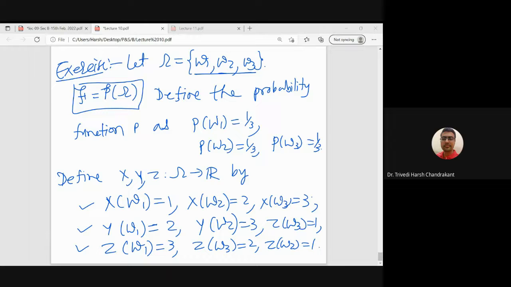So you find this out, and we need to prove that these three functions are the same, right? So just check whether you are getting that or not. Okay, so this will be enough for